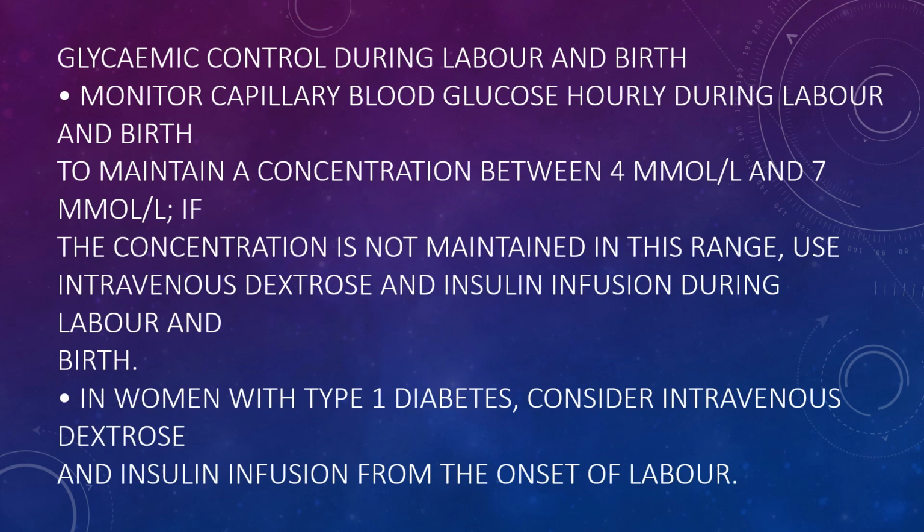Glycemic control during labor and birth: monitor capillary blood glucose hourly during labor and birth to maintain a concentration between 4 millimole and 7 millimole. If the concentration is not maintained in this range, use intravenous dextrose and insulin infusion during labor. In women with type 1 diabetes, consider intravenous dextrose and insulin from the onset of